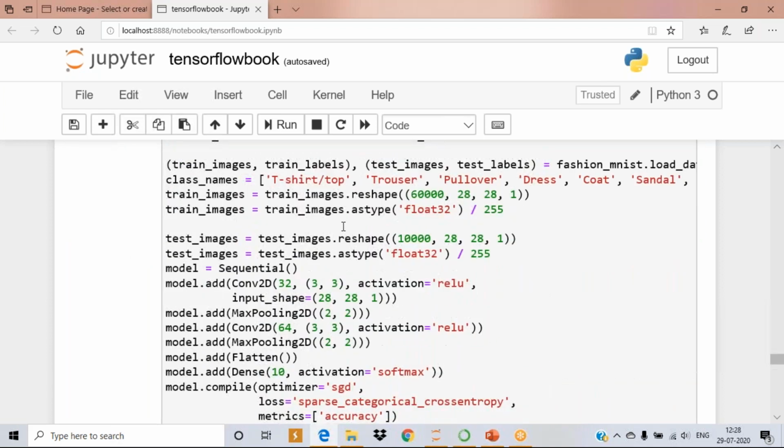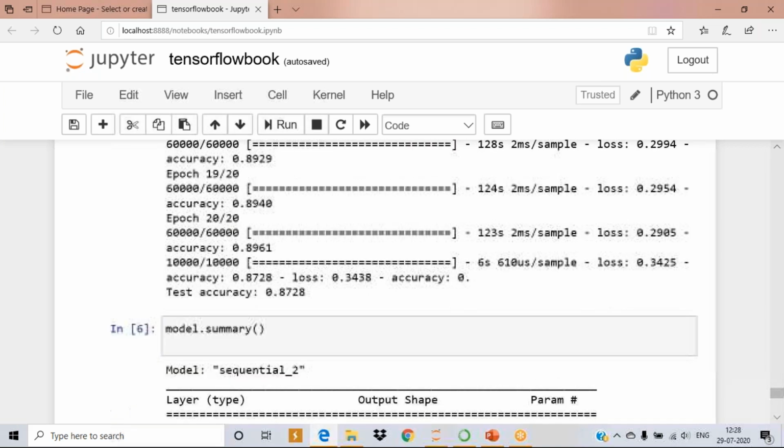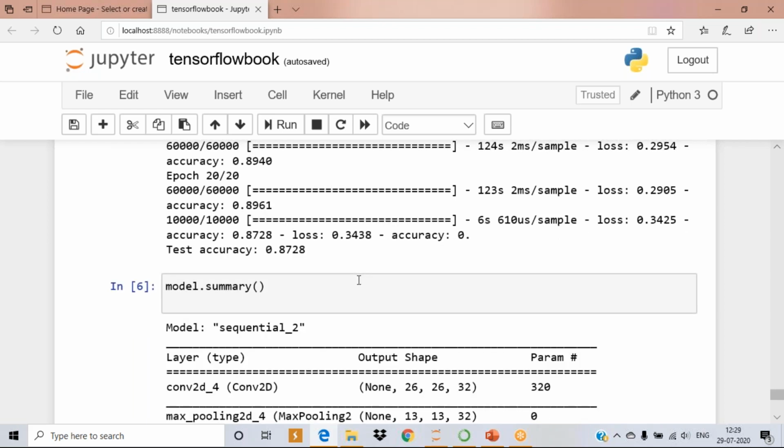So see, again I'm adjusting. For the second hidden layer, I'm using a 3x3 filter. Now see my accuracy is reduced, not increasing. So all the time your accuracy is not increased, right? Just you alter something, whether it is fit for your model. Based on that only you can identify your model structure, right? So now the accuracy is reduced. So this is a way you have to adjust your parameters and you can get the better accuracy of your model.